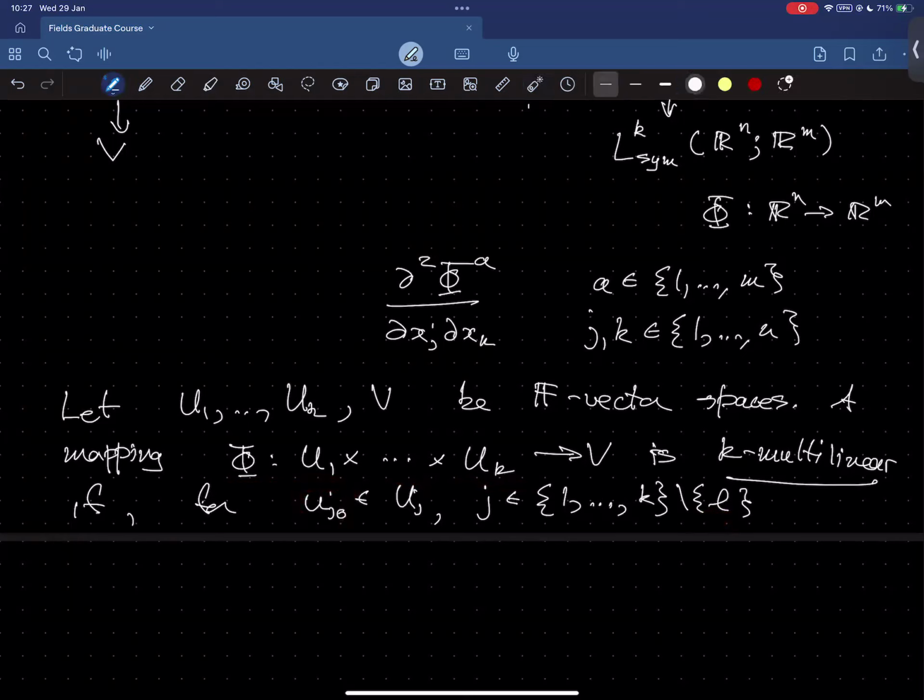The mapping which maps ul into phi with all of these frozen ones, uj0 up to u(l-1)0,